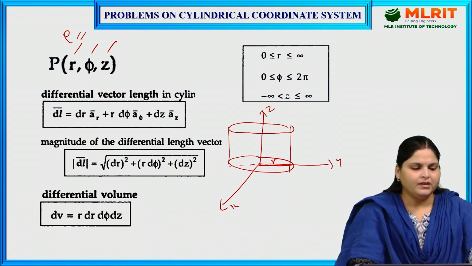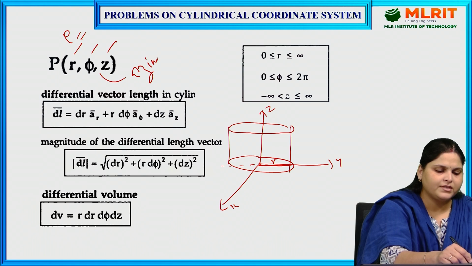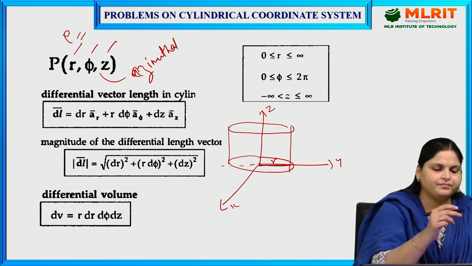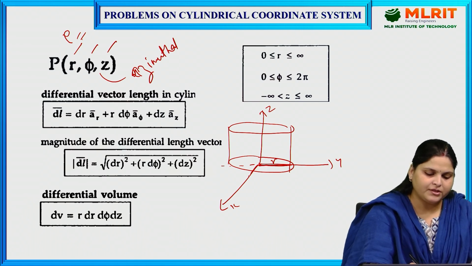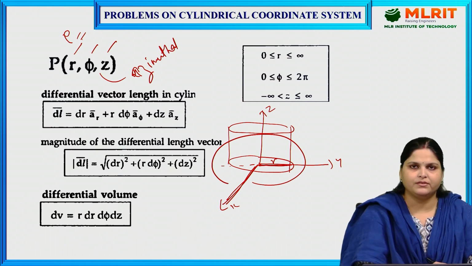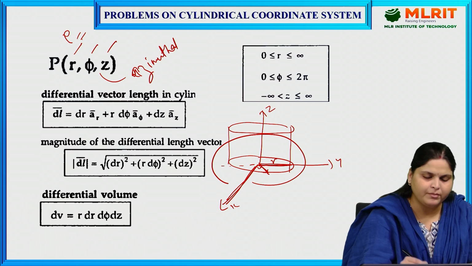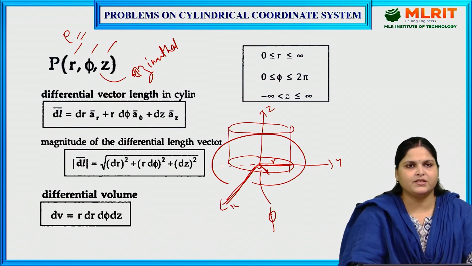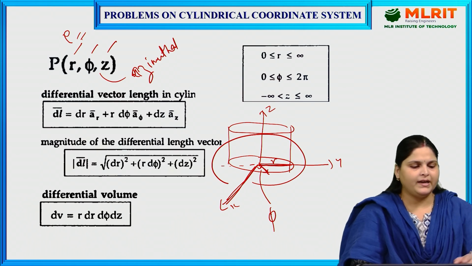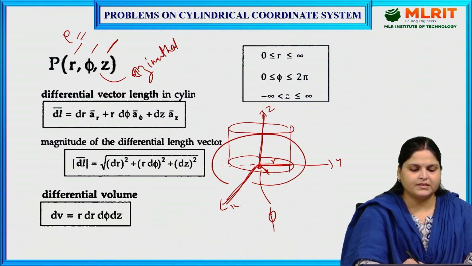This is the radius of cylinder, right? So, next one is phi. Phi is called azimuthal angle, right? Azimuthal angle is the angle which is measured from x-axis in anti-clockwise direction. Means we can draw it anywhere from x-axis but in anti-clockwise direction. So this angle is azimuthal angle, right? And the last one is Z. It is the height of cylinder, so it is along the z-axis, right?